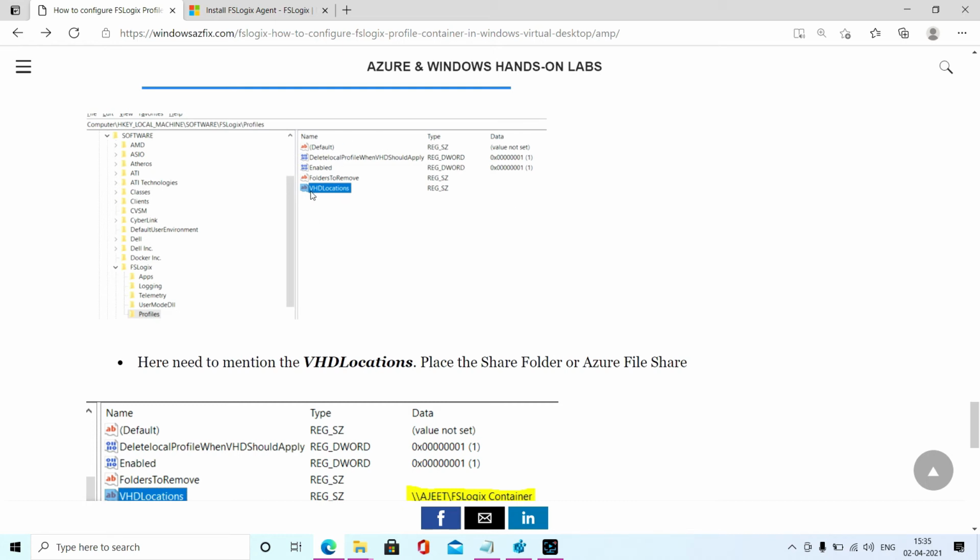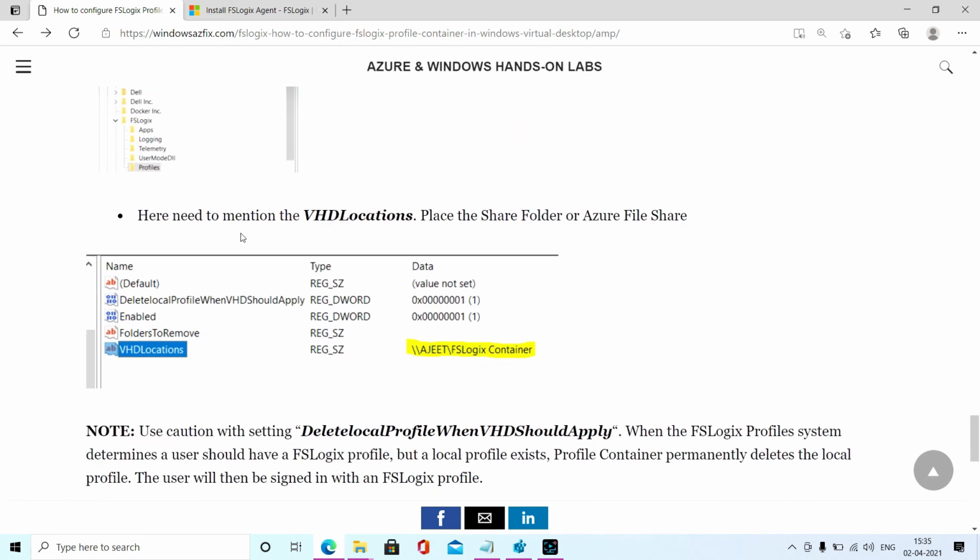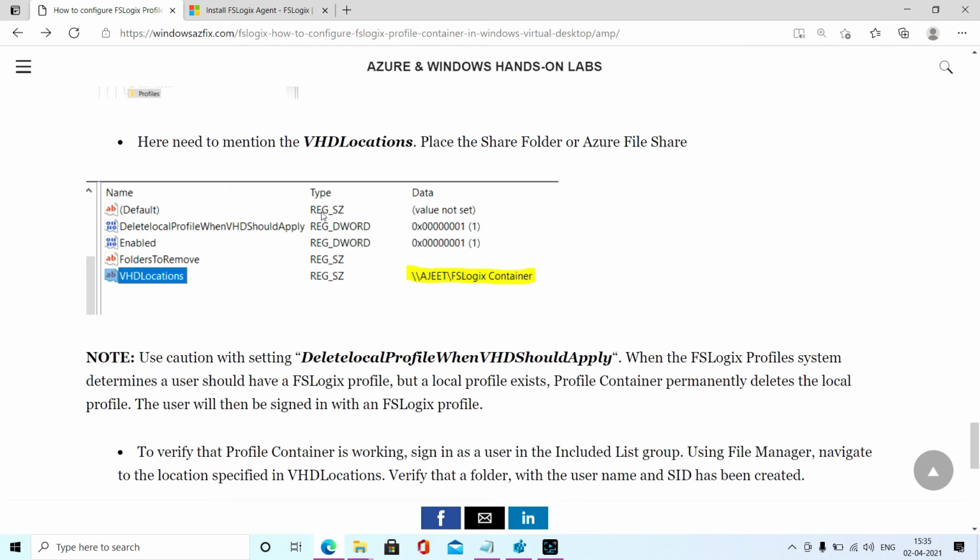Here you need to mention the location where the VHD location will be created. As you can see here, after the installation the VHD location is blank. So all you need to do is click on the registry value and place the share path which we created.